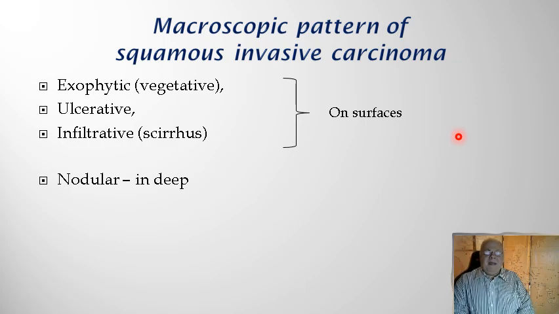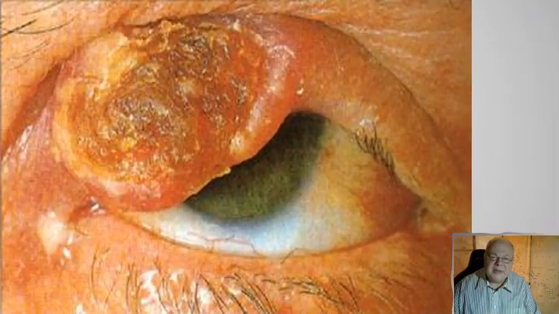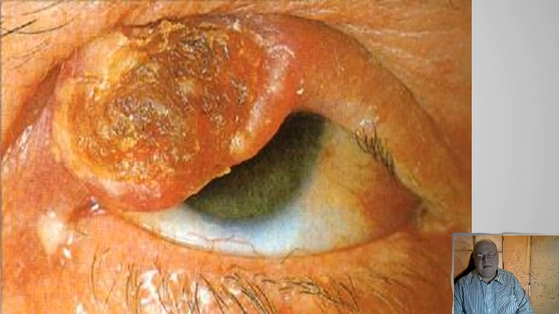When it's becoming invasive, so when it's more advanced, this squamous cell carcinoma is growing as a vegetant, ulcerative, or infiltrative tumor on the surface of skin or mucosas, or nodular when it's growing in the depth of a compact organ, like it's the case for the lungs, for example. Starting from the bronchial tract, it's called bronchopulmonary carcinoma, in fact, but being like a nodule. We saw such an image earlier.